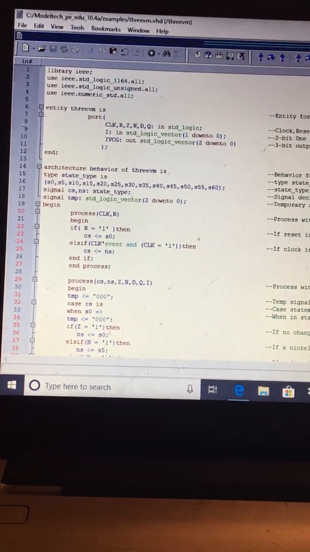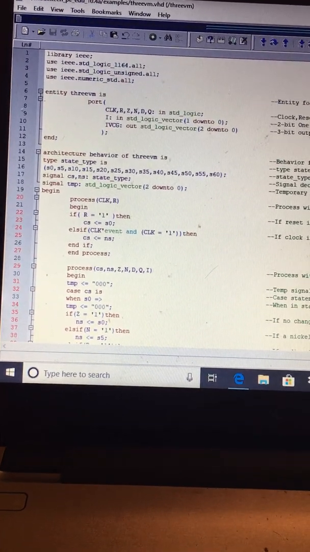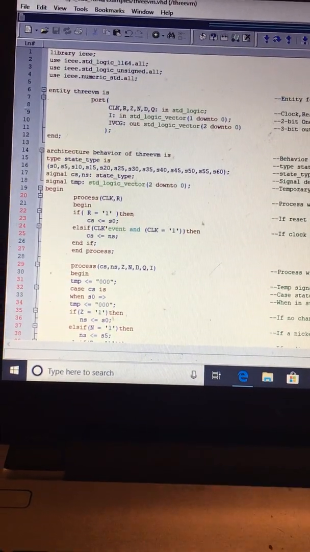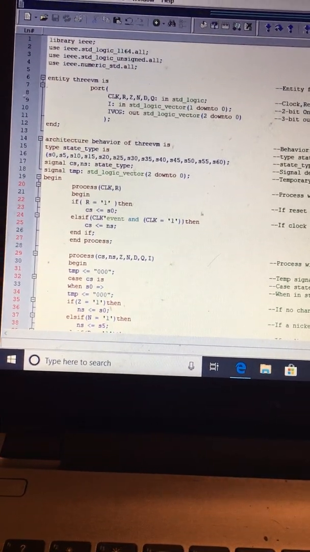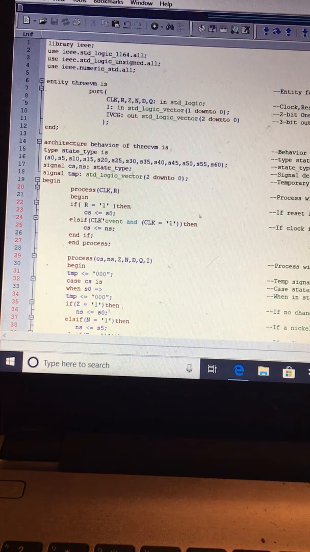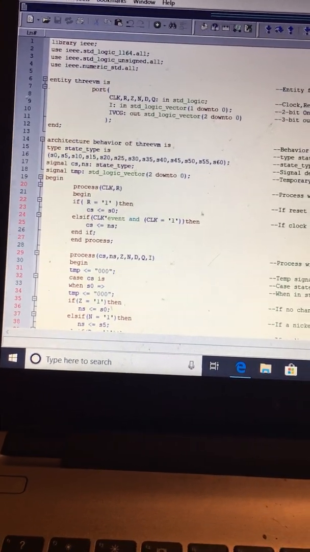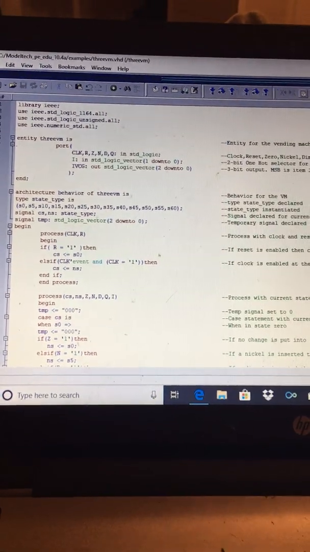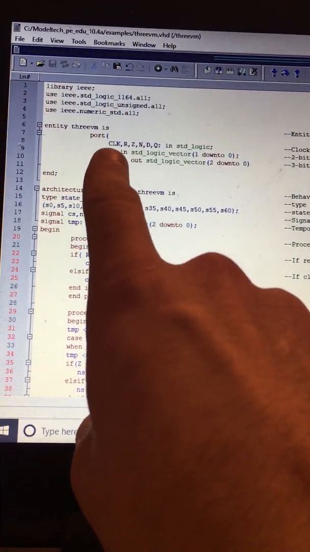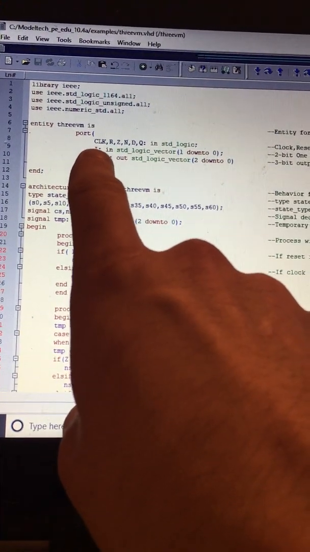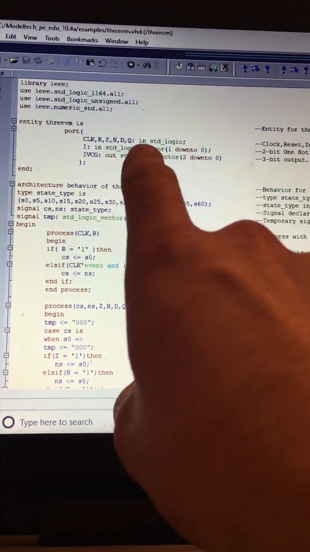Homework 9, problem 14.23, and it's the second version of the question, which asks you to add a second item. I changed the price for one of the items. And so I have the entity for the vending machine set up with clock, reset, 0, nickel, dime, and quarter,